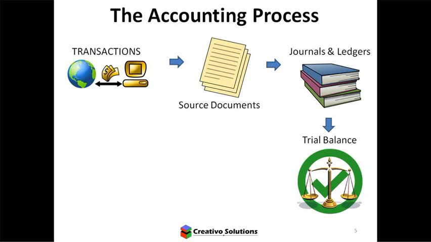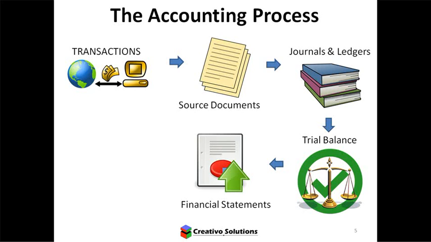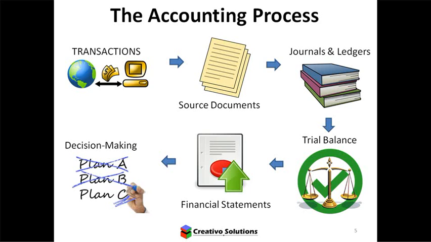So now we know transactions are accurate, we can then generate a set of financial statements. And this is the information that we spoke about previously. Information is key. Why? Because information will allow users to make decisions. So the final step would be the decision-making process. Now we've got the information, we can look at the information and we can strategize, we can form certain plans going forward, and we can then decide on which is the best option to choose for the business's best interests. Okay guys, so that's the accounting cycle.